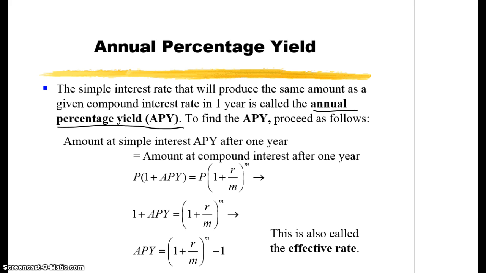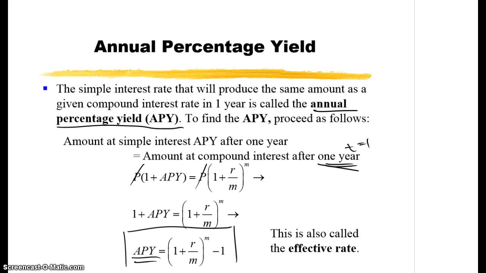year by definition. So, translating this into formulas, it means P times 1 plus this APY is the same as P times 1 plus R over M raised to the power of M. Notice the T is gone because it's 1 year, so T is just 1 here. So that's why we don't bother writing it, it's just 1. Okay, so divide both sides by P, notice the P's cancel out, and you're left with 1 plus APY equals 1 plus R over M, the quantity raised to the M power. Okay, subtract 1 from both sides to isolate this APY that we're looking for, and we end up with this